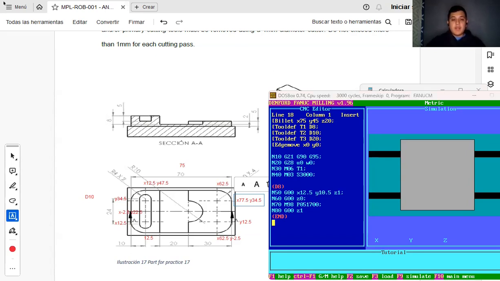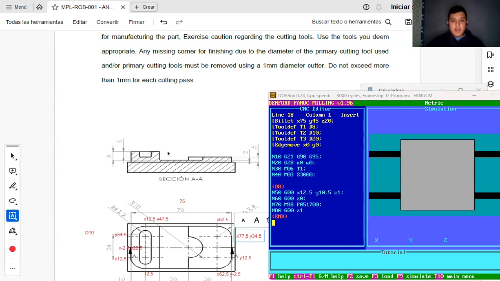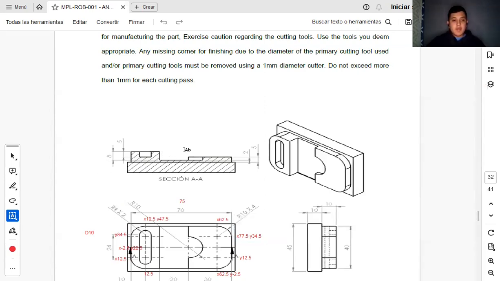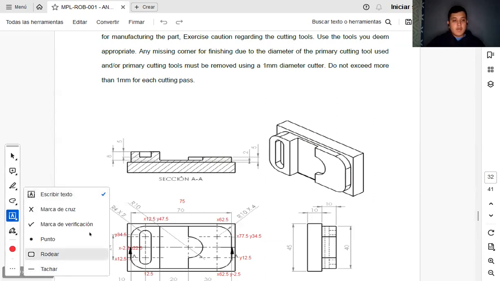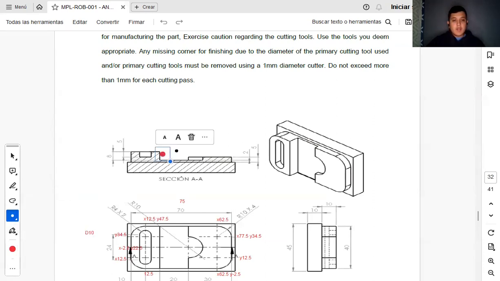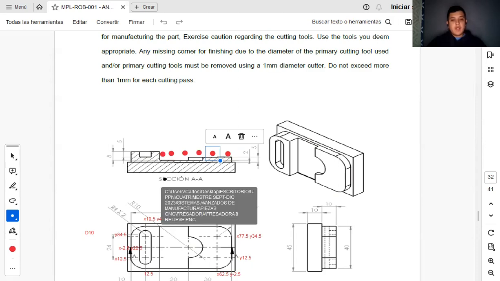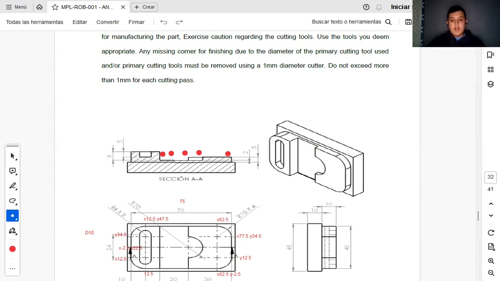Now we're going to code this part, from here to here, just coding all these points. And to continue,